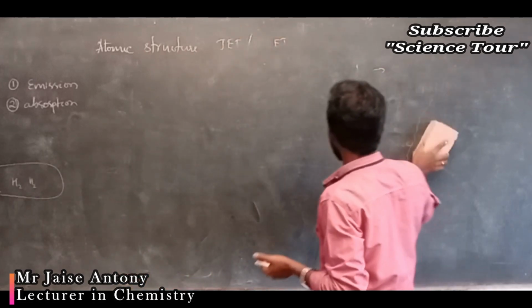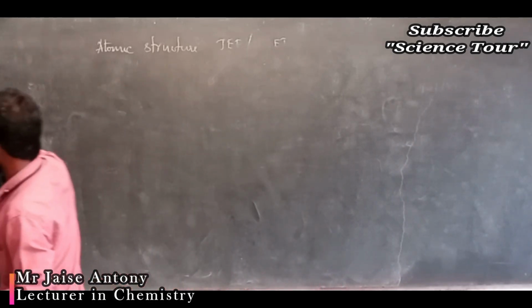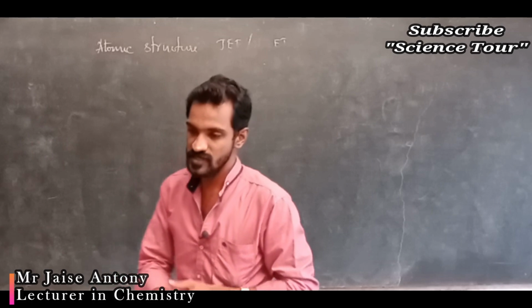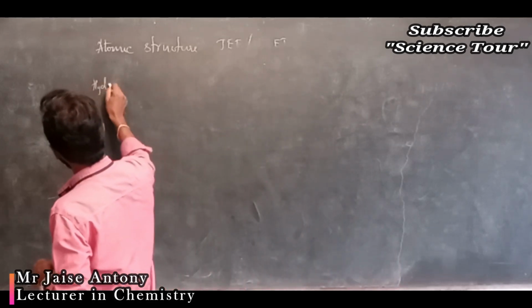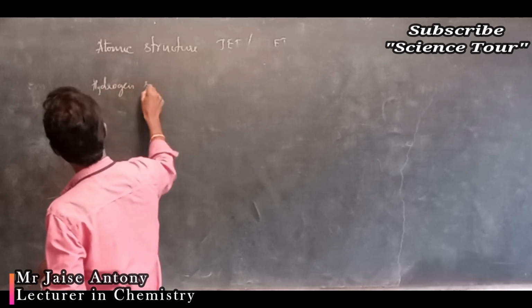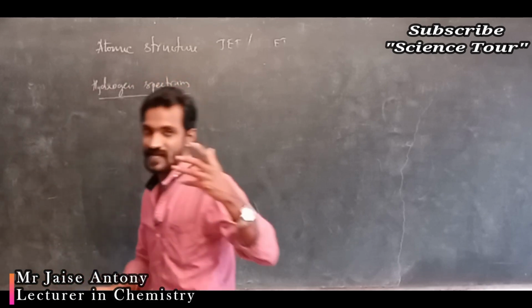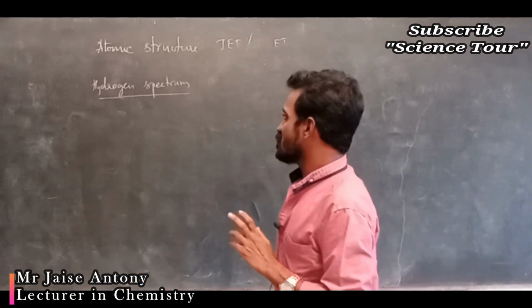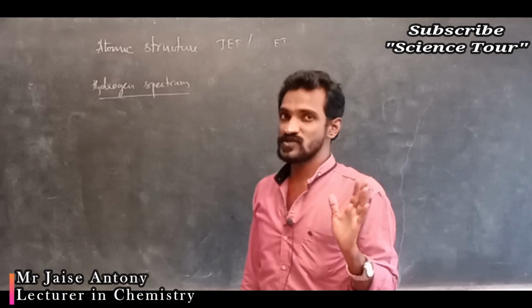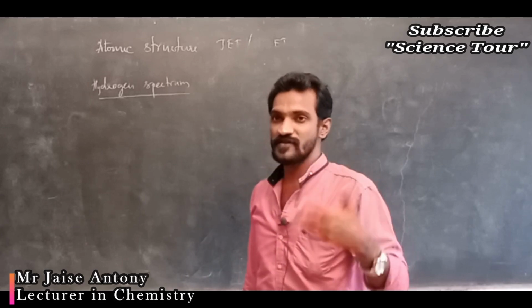Next is the hydrogen spectrum, my dear students. In that part it is an emission spectrum, hydrogen spectrum, emission line spectrum. Understood? In this hydrogen spectrum, we also studied this in detail in an earlier class. Just go through that video once. In this one we get 5 different series of lines, because each series is named by different scientists.